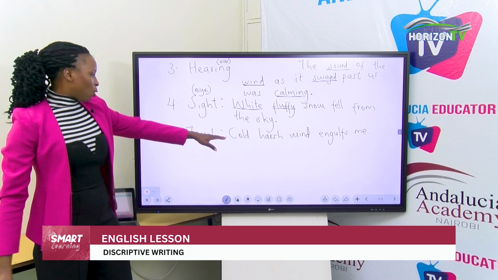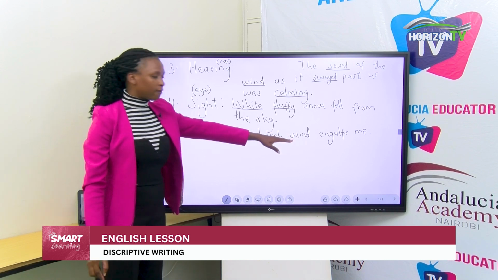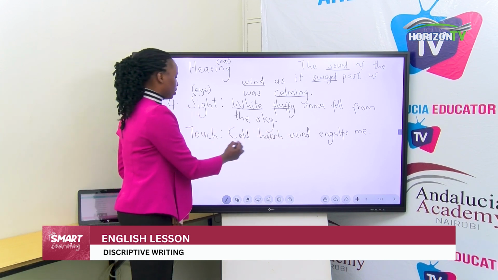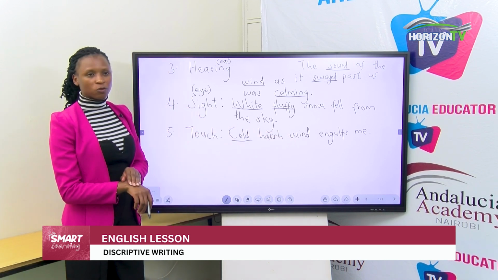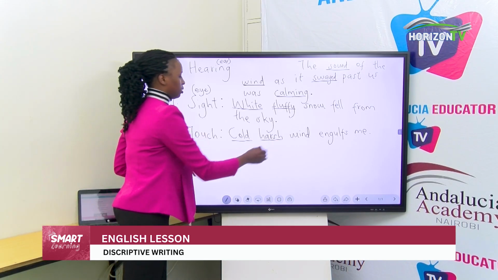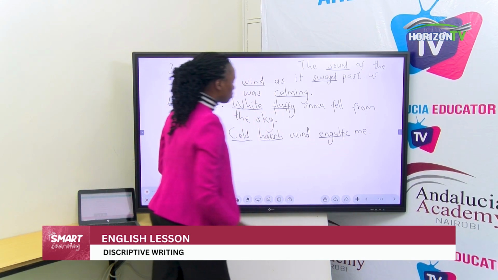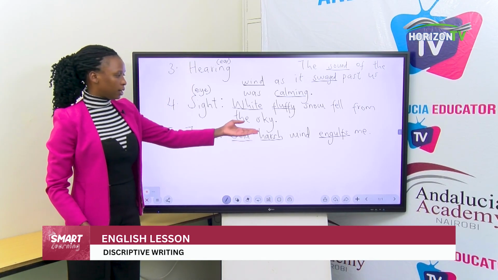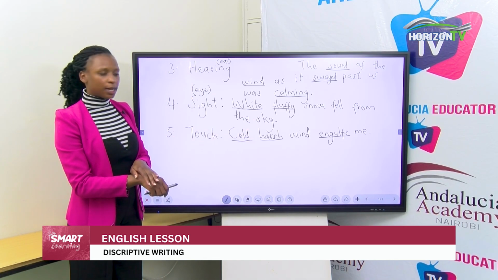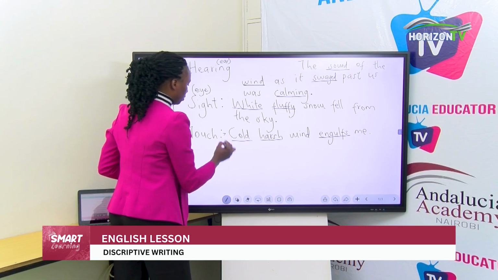Look at that. Cold, harsh wind engulfs me. We are having cold. You can only feel cold through your skin. Harsh, through your skin. And we are looking at another word, engulfs me. So we are having cold, harsh wind engulfs me. Sense of touch. I can also give you another example and say,